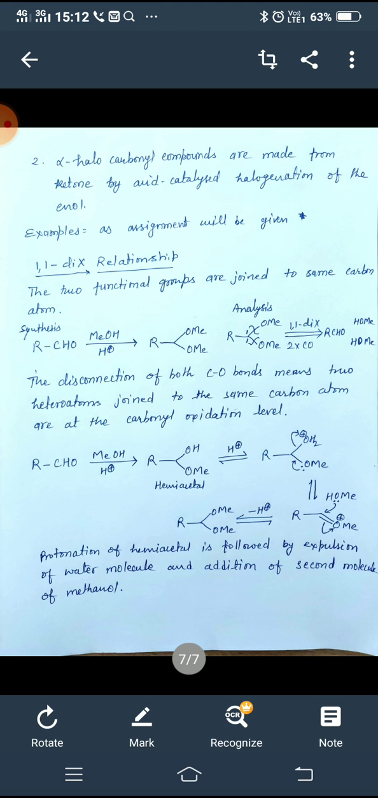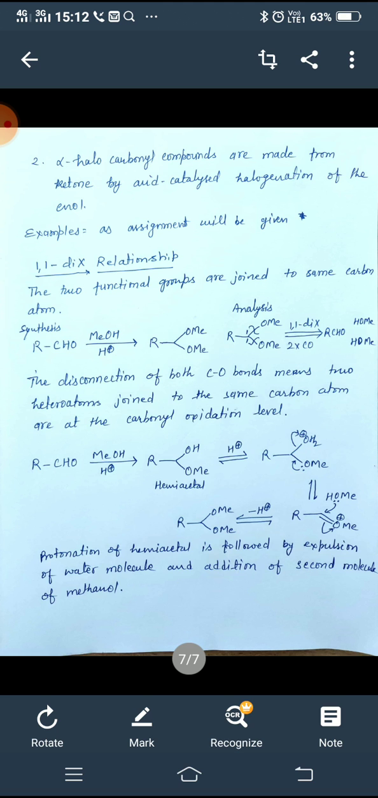नेक्स्ट है 1,1 डिस्कनेक्शन रिलेशनशिप. अब देखिए, एक ही कार्बन एटम पर यदि 2 फंक्शनल ग्रुप जुड़े हुए हैं तो उसमें 1,1 डिस्कनेक्शन रिलेशनशिप होगा. तो ऐसे एग्जांपल्स हम जानते हैं जो कि एसिटल हैं. एसिटल्स में एक कार्बन पर 2 OR ग्रुप जुड़े हुए रहते हैं. ठीक है, तो इसका सिंथेसिस एल्डिहाइड से होता है,